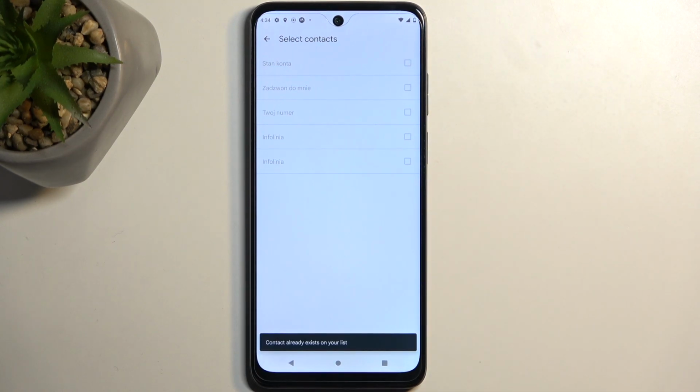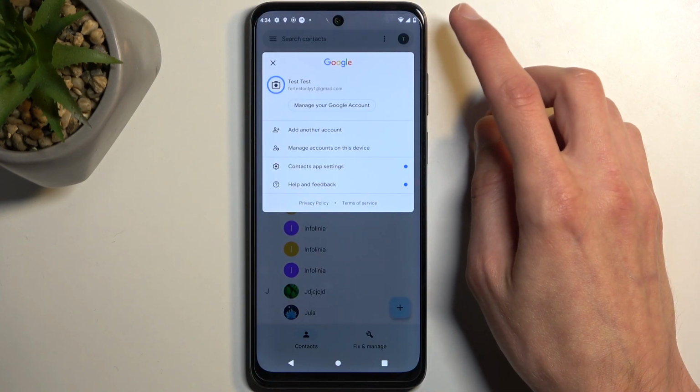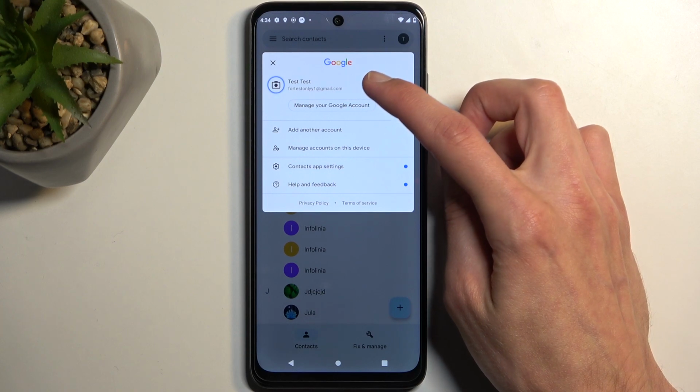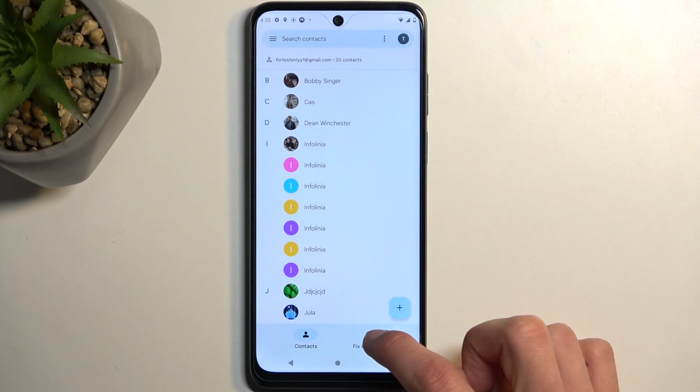Now that happens because I have all the contacts already imported, so the device is stopping me from importing them twice. I am also not logged into a Google account, it looks like. I am though, for some reason, so not sure why it's not allowing me to do so. So typically what should happen,